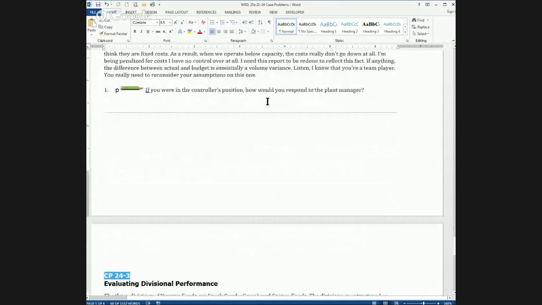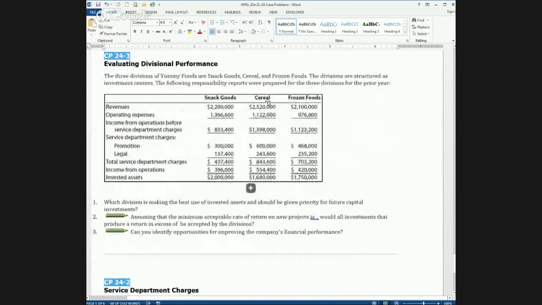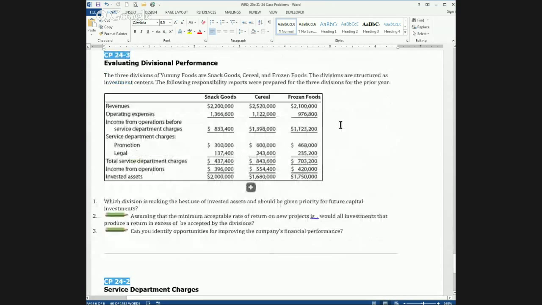Okay, that takes care of chapter 23. Let's take a look at case problem 24.2, which is on evaluating divisional performance. This deals with transfer pricing, and transfer pricing is the price that intercompany sales are priced or valued at. In this case, we have a food company like a General Mills or a Yum Brands